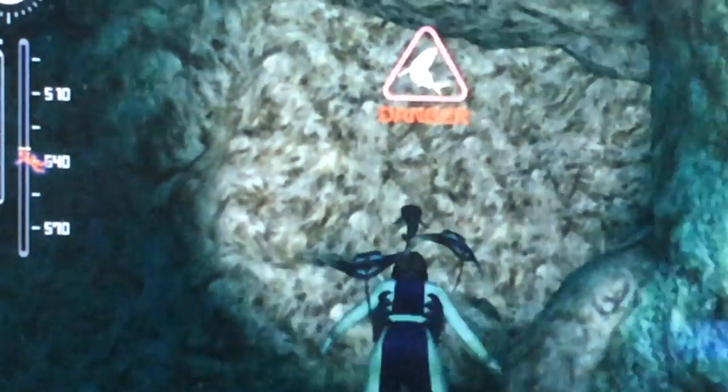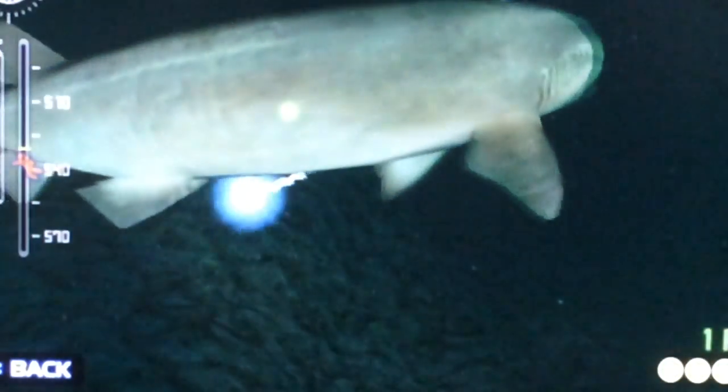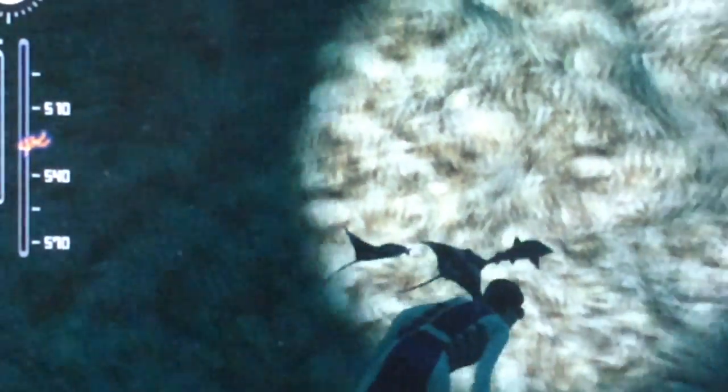So these sharks that are attacking me right now are blunt-nosed six-gills. They're quite annoying in the deep sea, but you kind of get used to them. And they spring up on you too. It's like you don't expect them to be there, but they are. So in that one...